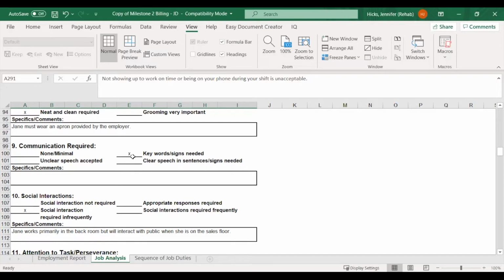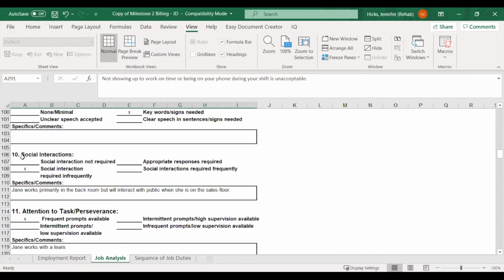It really just depends on the social interaction that you're going to have with maybe customers, or what the requirements of the job are. If it's a receptionist per se, then there might be a bigger need for clear sentences or fluent signs.